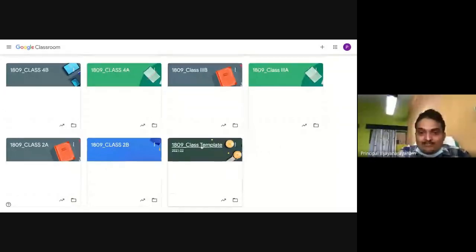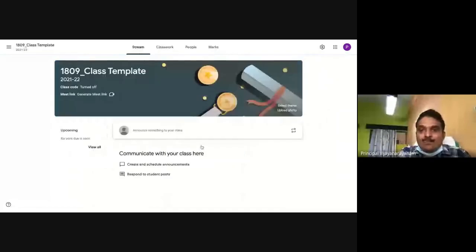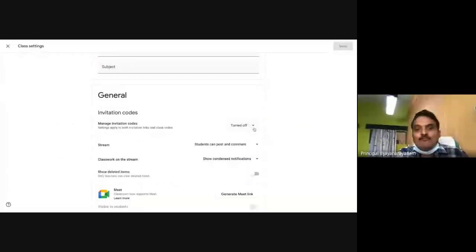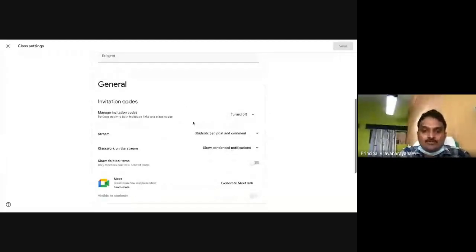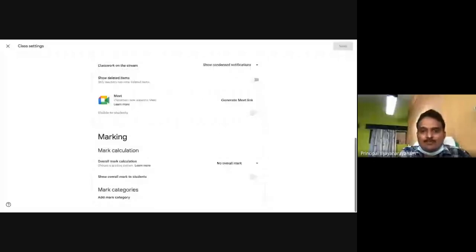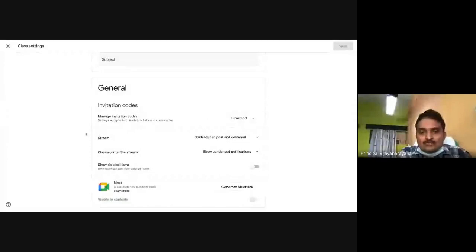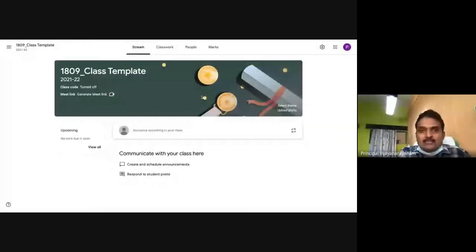Inside this template class, come to the settings area and turn off the invitation code. It will usually be on. You have to turn off the invitation code, just for safety purposes, nothing much to worry, so that the invitation by mistake doesn't go to any child. Once that is done, come back to the classroom and inside the classwork,